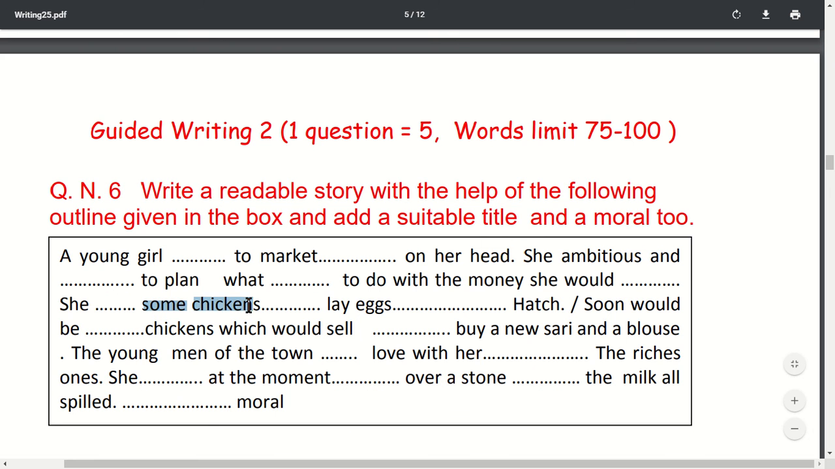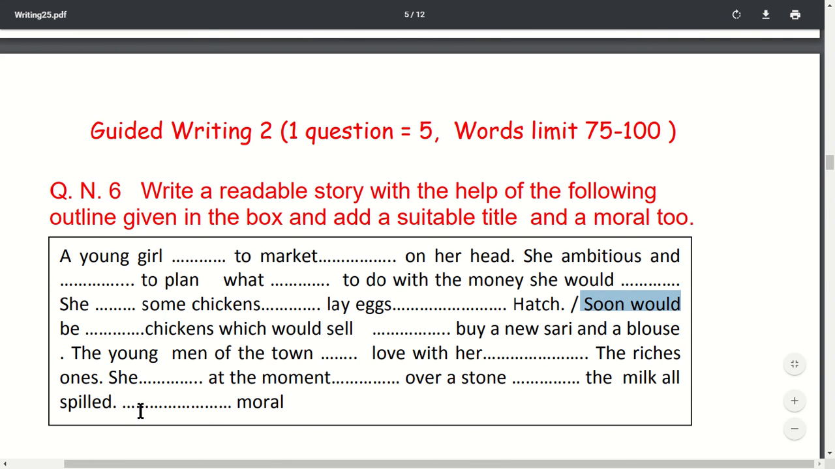Buy some chickens, and the chickens lay eggs. Eggs means after eggs hatch, and soon there would be chickens. Chicken lay eggs. Eggs hatch, and soon would be chickens. Then sell the chickens and buy a new sari